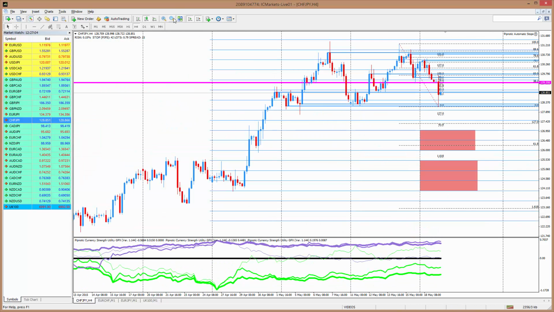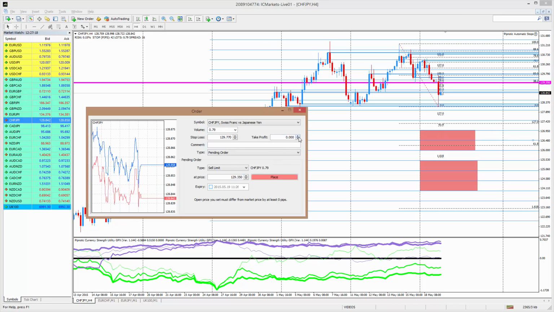We zoom out a little. You can see here that we want to get out just around here. So let's have a look here. We have the big figure, which is here, 127.100, which is a very important area. I think we'll leave it at that. So we'll take the 127